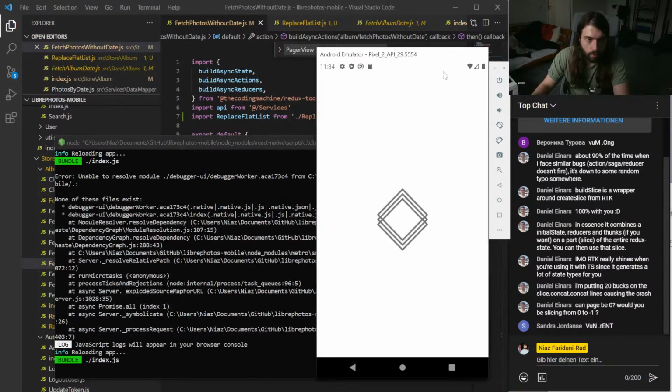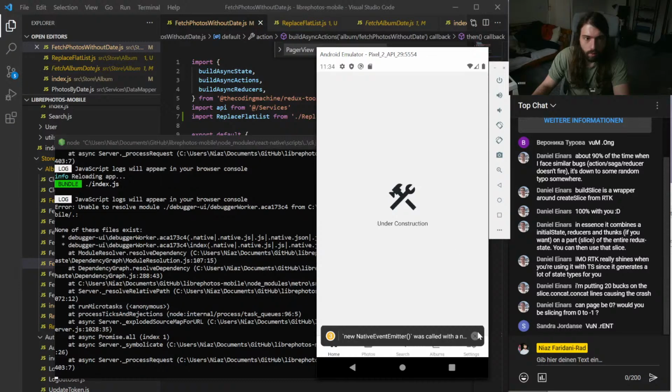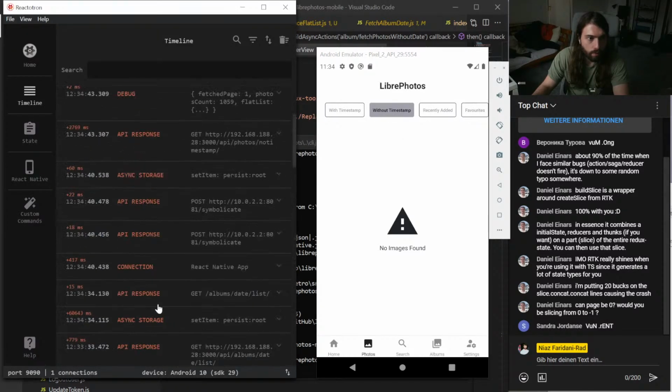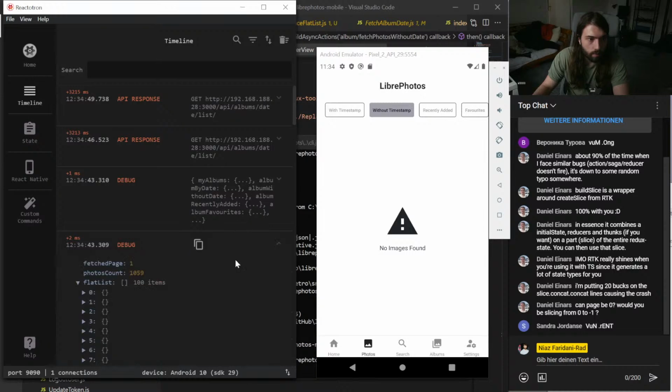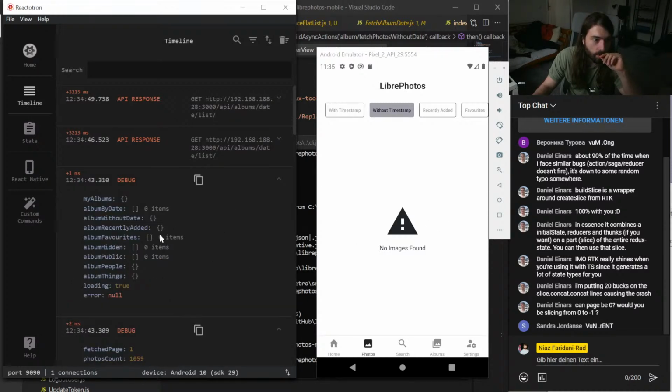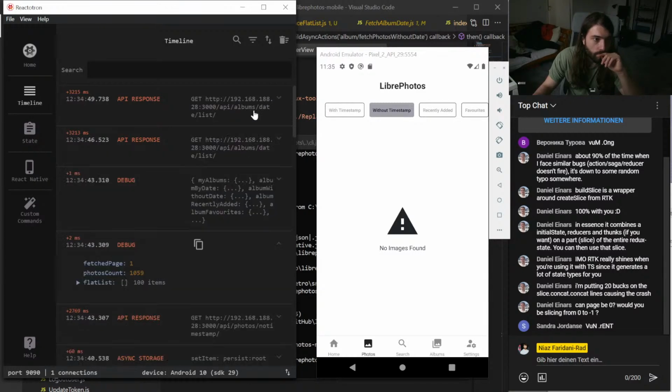So reload. Okay, so now basically all these things exist. If I now go on debug, right.